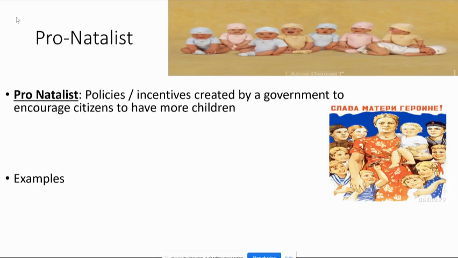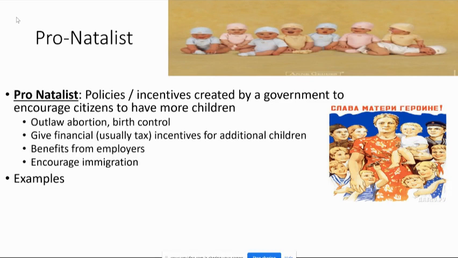And that's just too low to replace the population. And so more people are dying off than are being born. Therefore, governments have turned to what's called natalism, or pronatalist policies. And these are any policies that are created to try to encourage citizens to have more kids. They could just flat out outlaw abortion and maybe even birth control, and that way it would kind of force the population back up. But probably the most successful things that they've done is to give some sort of financial